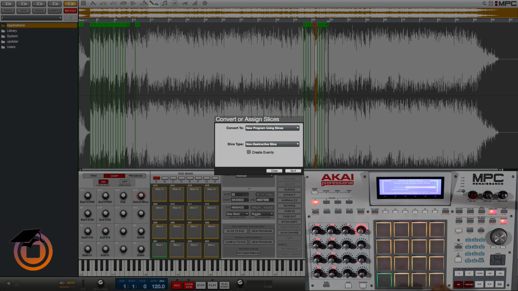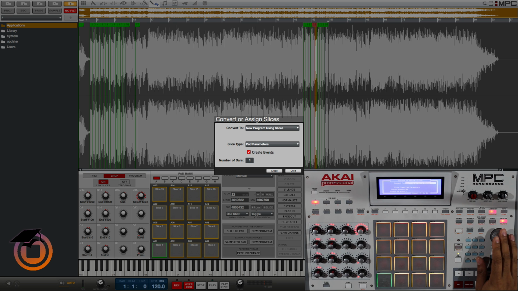briefly in this video. The other type we have is pad parameters, where it's going to take a non-destructive copy of the entire sample for each slice, and it's going to spread it out on a pad. So here you can see I have about 26 slices or so. It's going to make a non-destructive copy of the entire sample for each slice and put it on the pads, and each pad is going to have the sample trimmed according to how the slice is chopped in sample